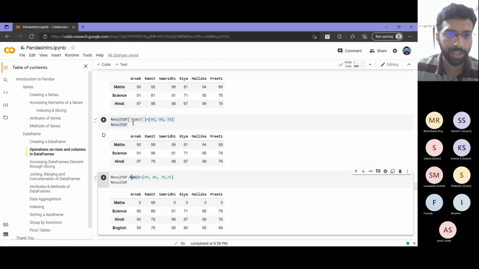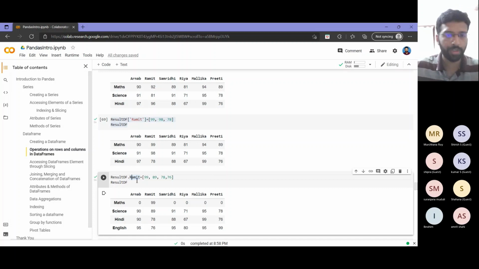Now the one thing to note is that if the index was string only, this will work. If the index was a number like 0, 1, 2, 3, or a float, this first way only will work. The second way, like result df dot 0, dot 1, dot 1.0, will not work. Only if it is a string are both applicable.